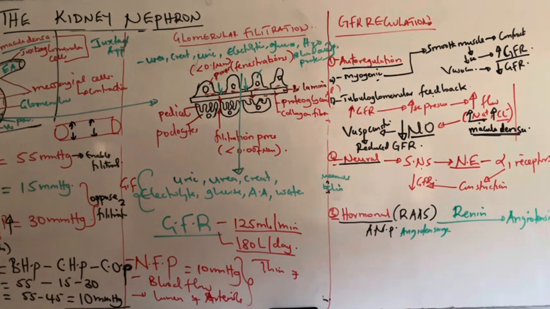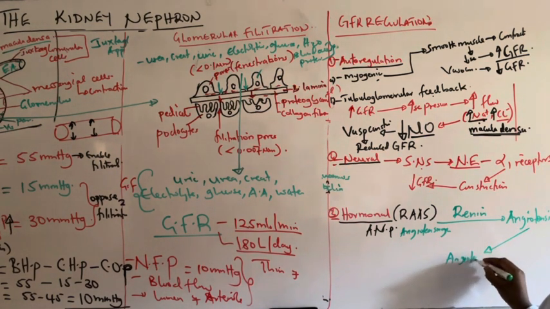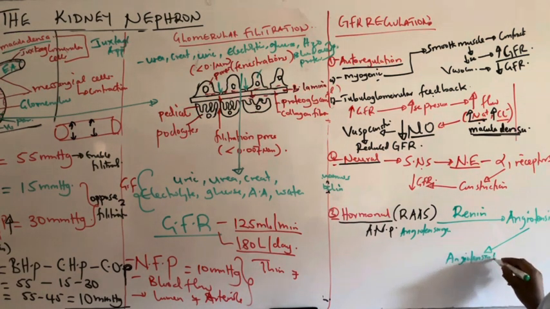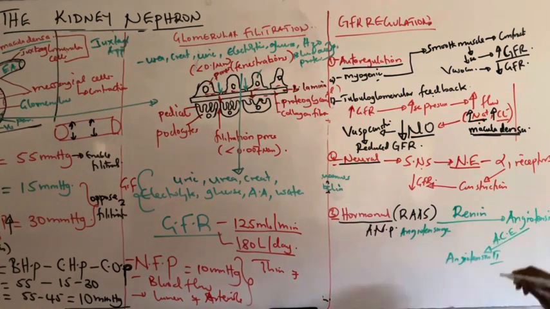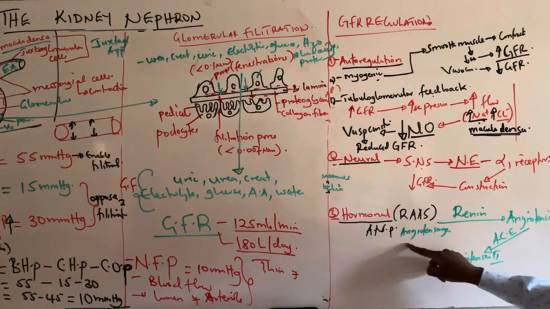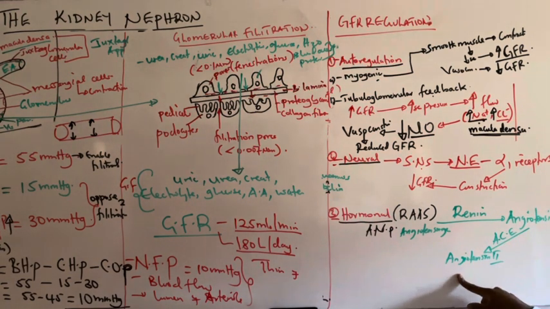This angiotensin 1 is converted to angiotensin 2 by angiotensin converting enzyme. So we see renin converting angiotensinogen to angiotensin 1, then angiotensin 1 is converted to angiotensin 2